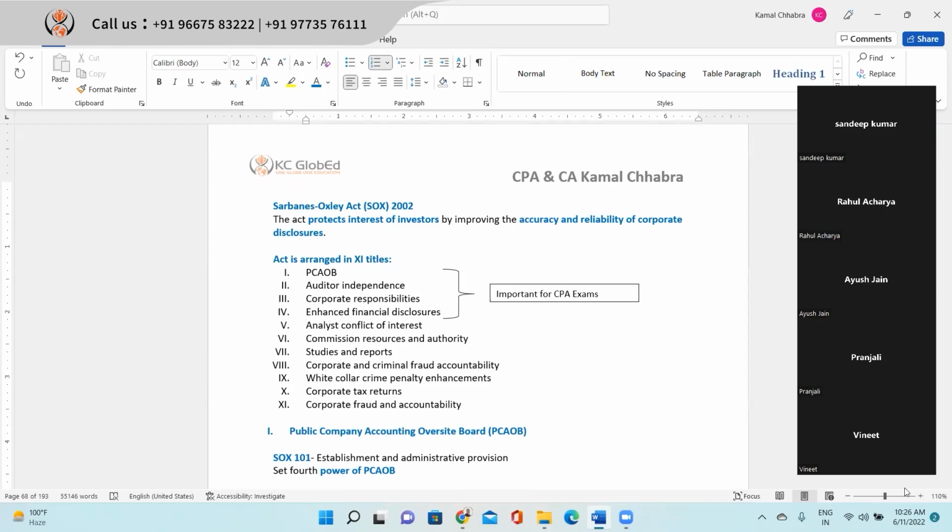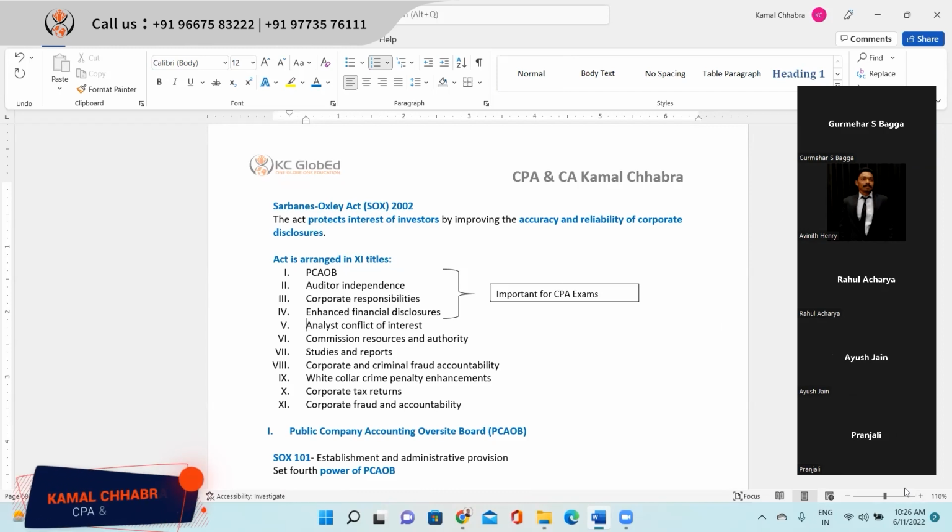Basically, we read it in the final exam, Sarbanes Oxley Act. But I don't remember what was actually in it. There were some regulations from the US government which were made applicable on companies, in which we had to get the audit done for publicly listed entities mandatorily. This is what I remember.